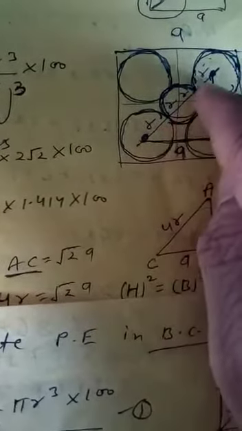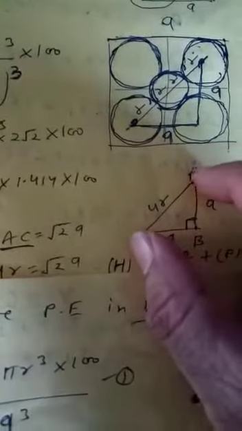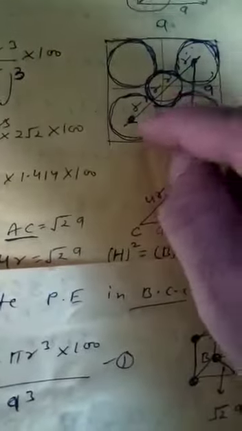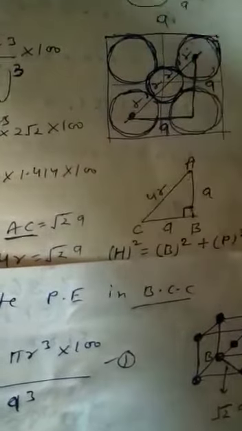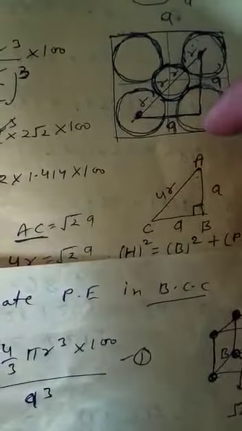So this distance, that is the face diagonal, I have denoted by AC, that is equal to 4R, because we have these 3 spheres, so it is equal to 4R. And this triangle is formed here. I have shown this triangle by A, C and B. So the AC is 4R, and this CB distance is equal to A, and this AB distance is also equal to A.